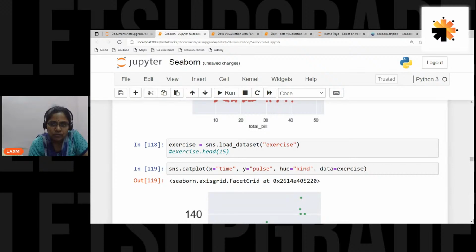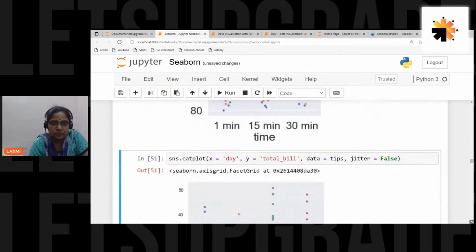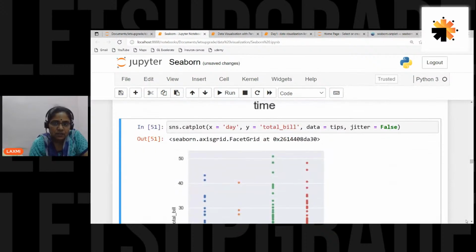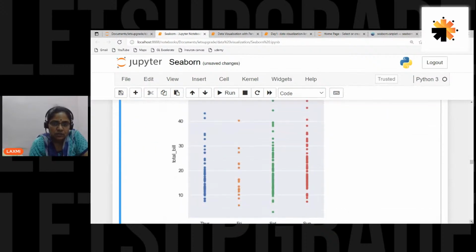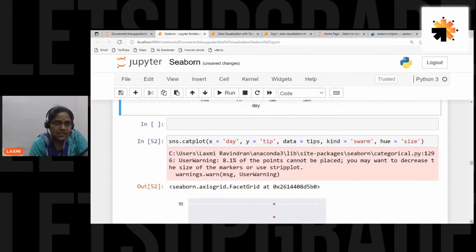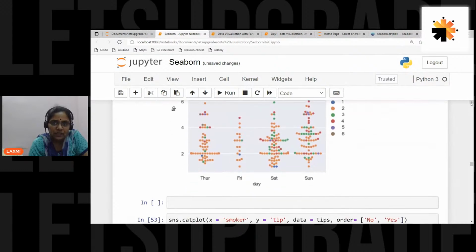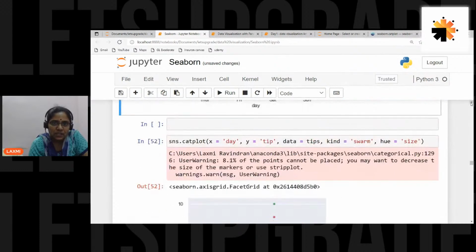Let's move on. This is the same thing. So this is a cat plot again, the same categorical variable, but here you're given